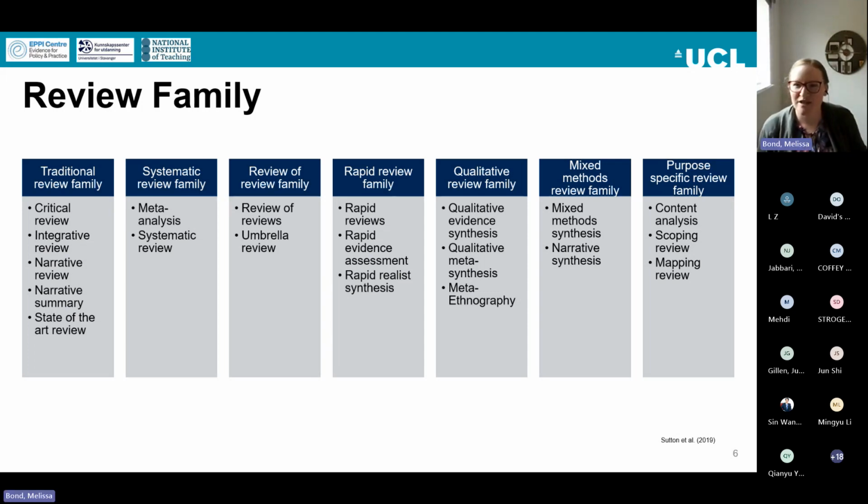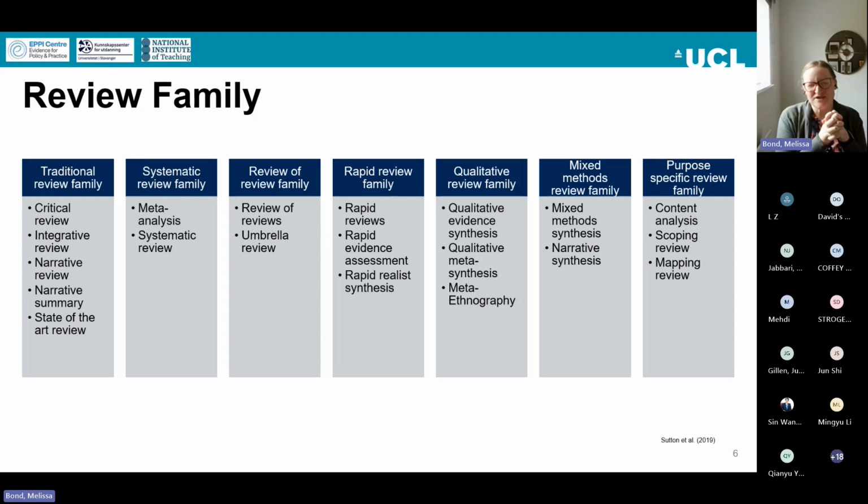Is there any recommended quality evaluation tool for meta-ethnography? Yeah, so there's the one that I mentioned, which is the CASP tool. And I'll quickly, at the end, perhaps grab that link for you, the Critical Appraisal Skills Programme tool. That's one in particular that I would highly recommend because it is so pertinent to qualitative. It's purely about qualitative research. Other tools, I would say that was probably the best one from my experience.